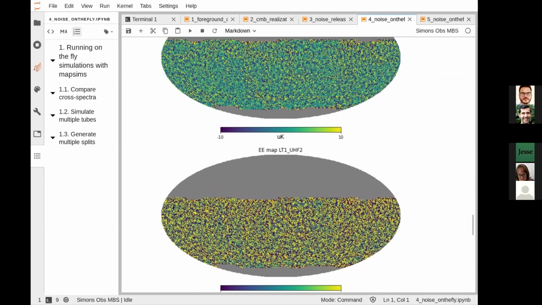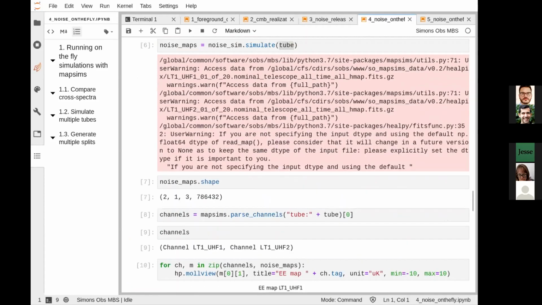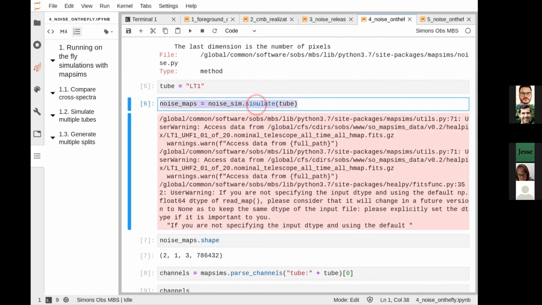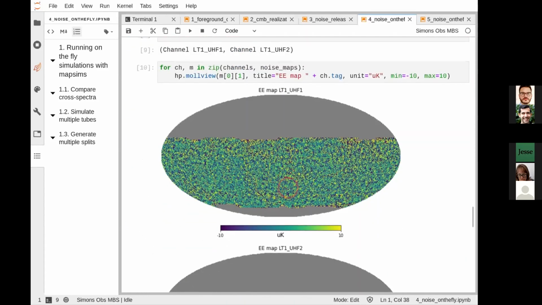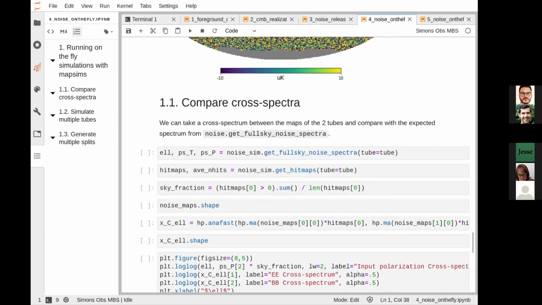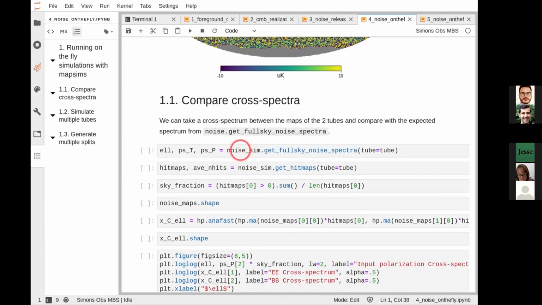Okay, yeah, so this is the main interface. So you can do loops and call this when you need it, and then free up the memory. Okay, so let's take a look. We want to do a cross spectra of this. So this is a LAT. So for the small aperture